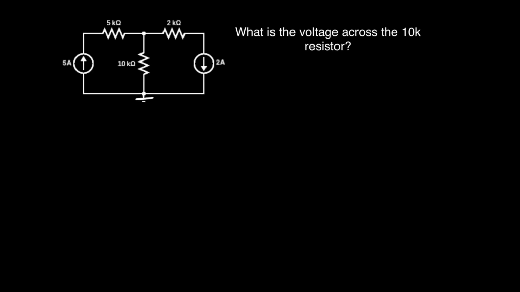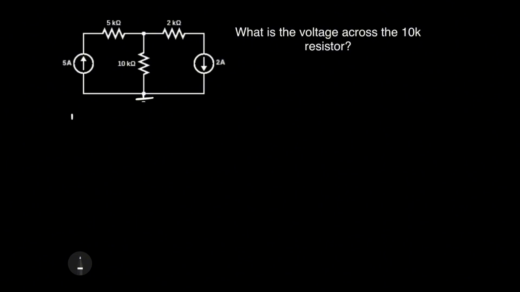On today's problem, we have a pretty complicated circuit. We have two current sources attached to a network of resistors. What we need to find is the voltage across the 10K resistor directly in the middle of the circuit. So while this looks like a challenging problem, we can solve this in 4 simple steps using the power of